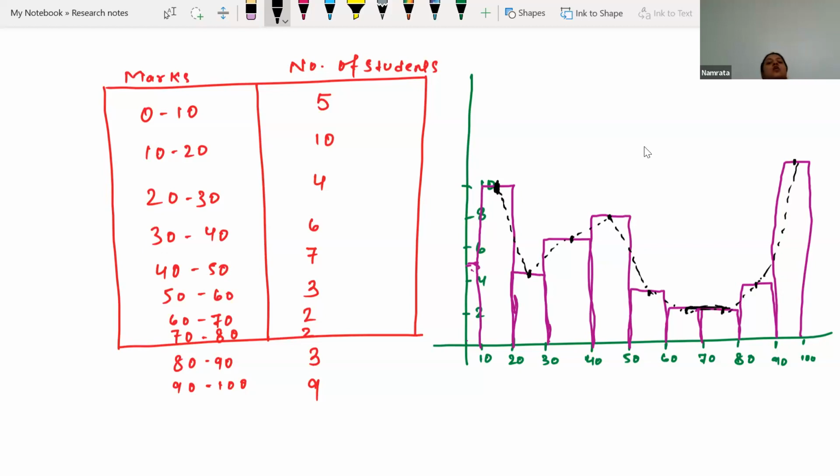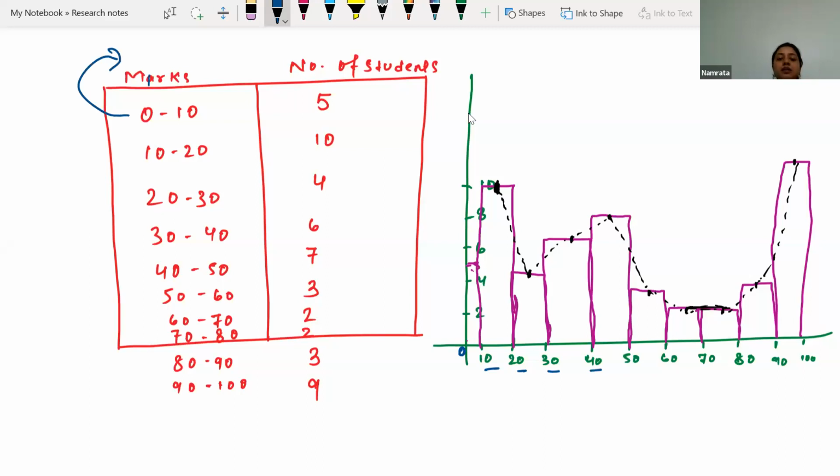Apart from connecting the midpoint of each and every rectangle, we also have to draw it till the end point. What will be the end point here? As you can see, the intervals are 10, 20, 30, 40. So if we go to the left-hand side, here is 0 to 10. If we go back one more interval,